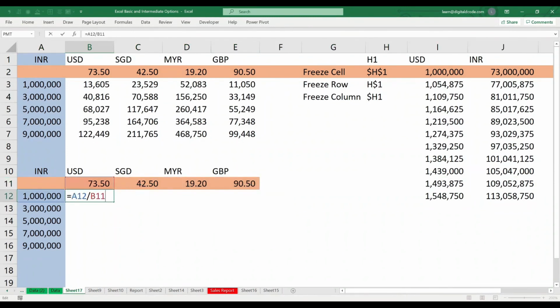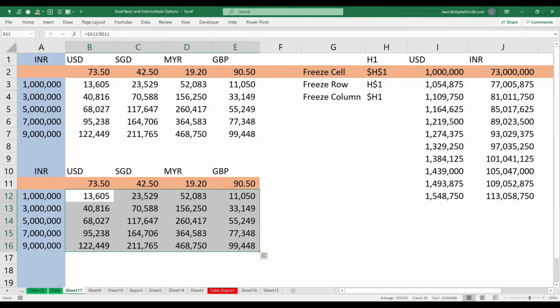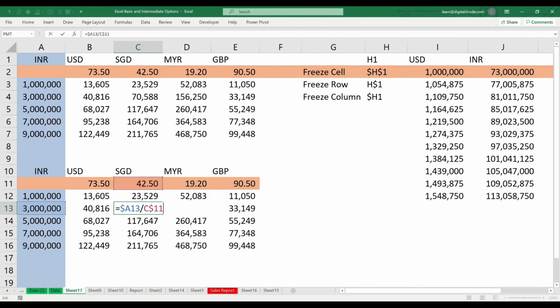So go to A, before A put $1. Go to 11, before 11 put $1. That's it. Just copy paste. Now it will work. If you press F2 and see, it picks the data from the right row and right column. That's it. Let's move to the next option.